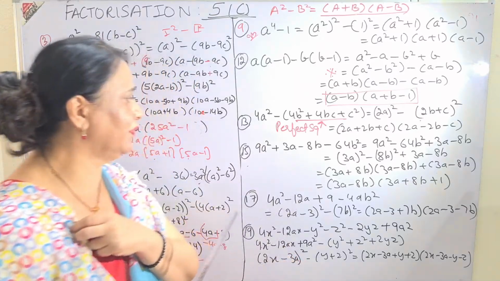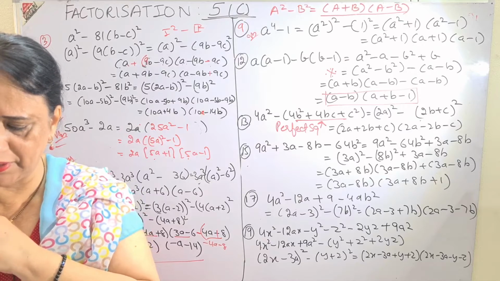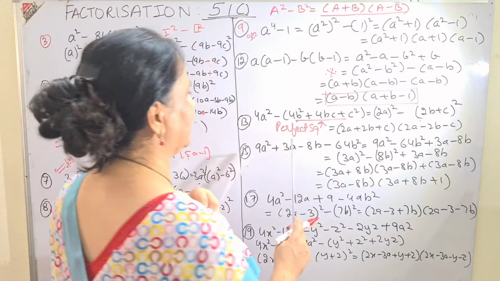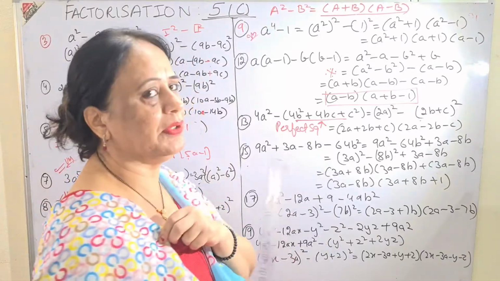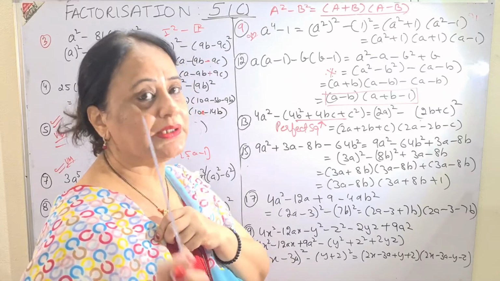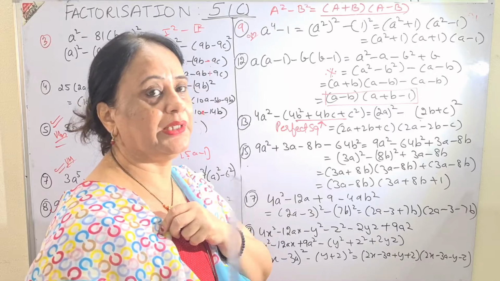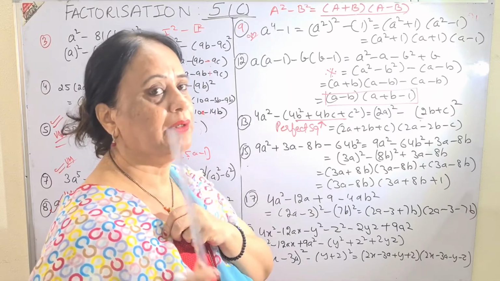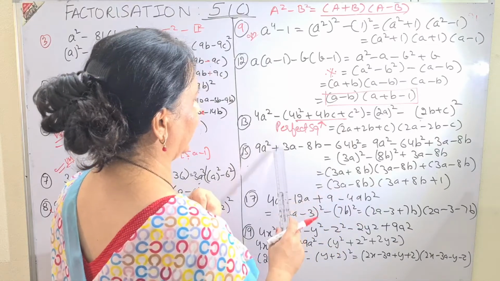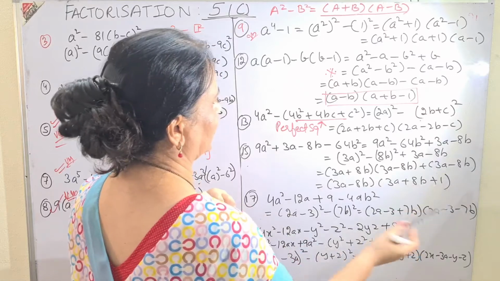Then come to question number 15. That is 9a square plus 3a minus 8b minus 64b square. Very simple. Just change the places. And again children, any formula I have told you. But these sums are with technique. I am telling you this since the first exercise: technique plus formula. The more the technique works. From here you see I am getting 64b square in the second place, and 3a minus 8b in the third and fourth place, and my question is done.